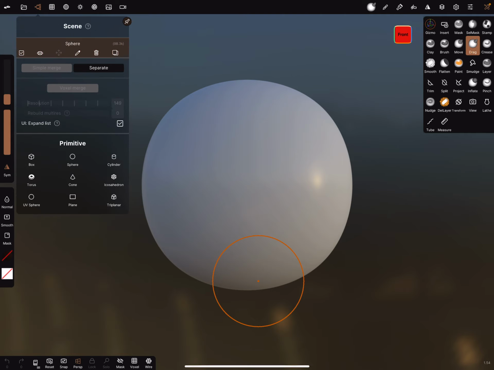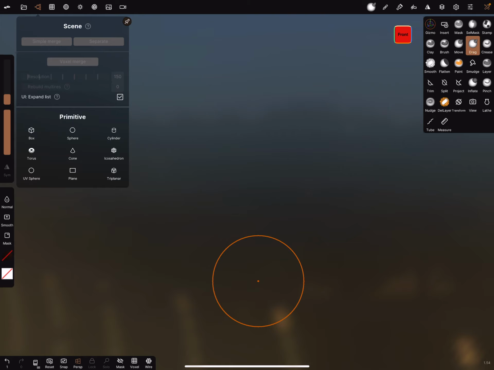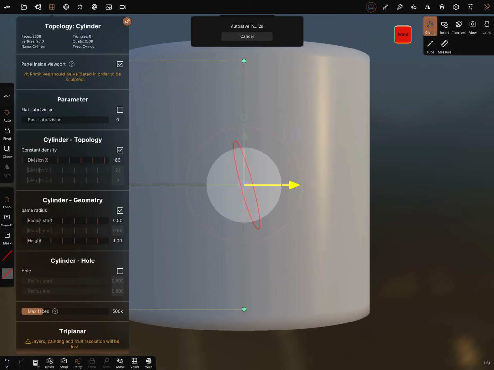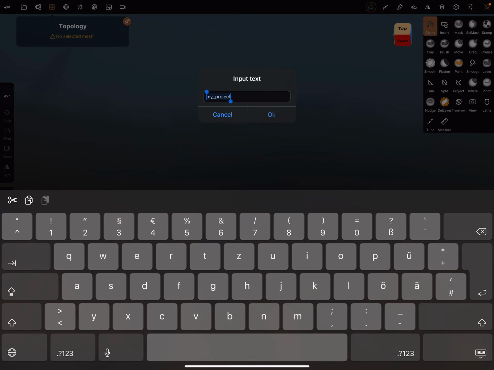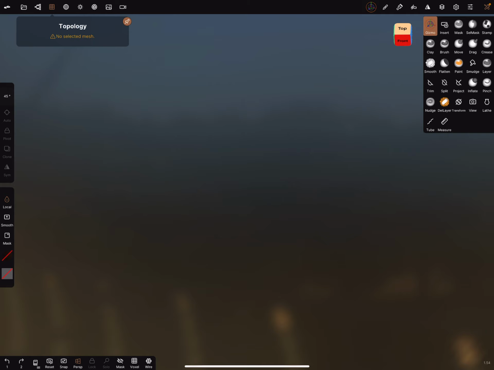No, come on. Good. I start with a cylinder. Hat 2. Okay.